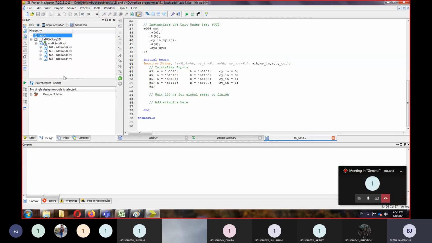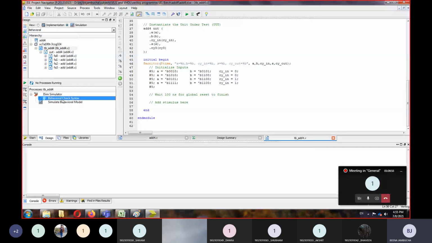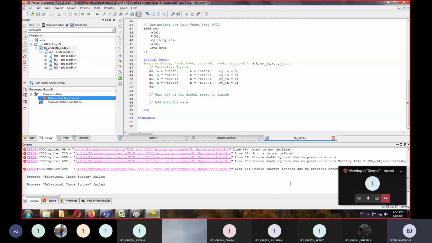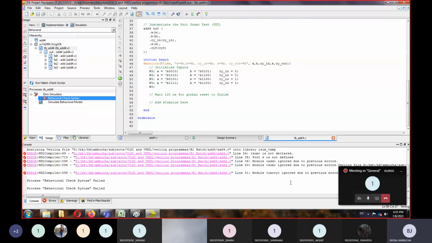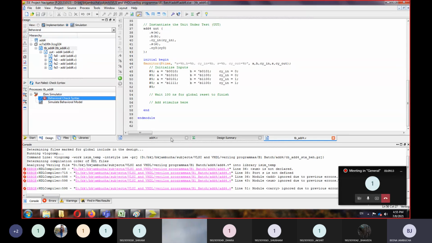And first of all, let's check whether any error is there or not. Right. So go to TB and behavioral check syntax. Oh, port s is not defined, sum is not defined. Where? In add 4, in this Verilog module, line number 36.